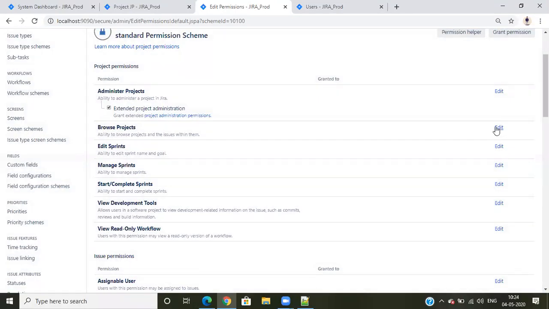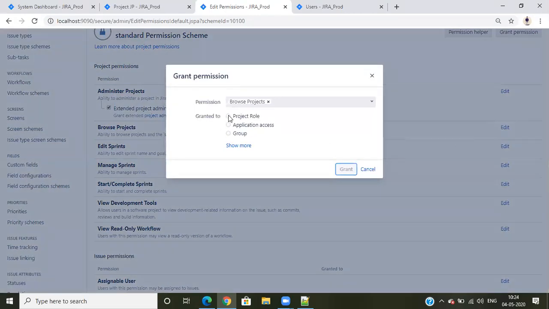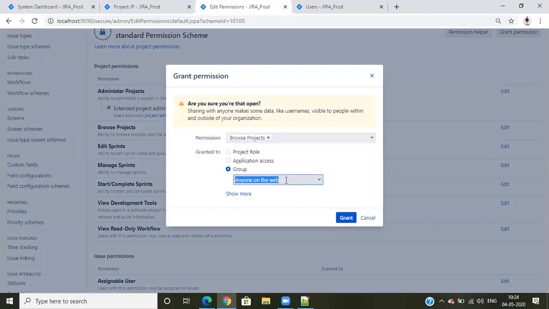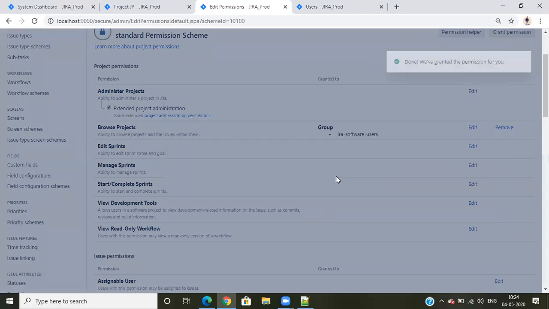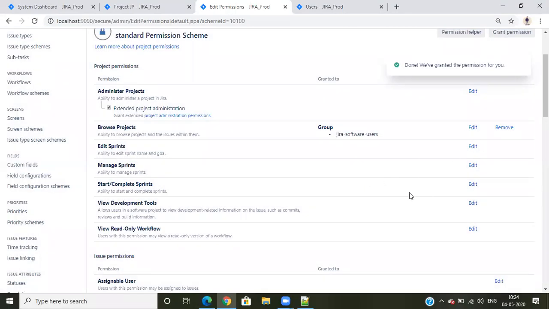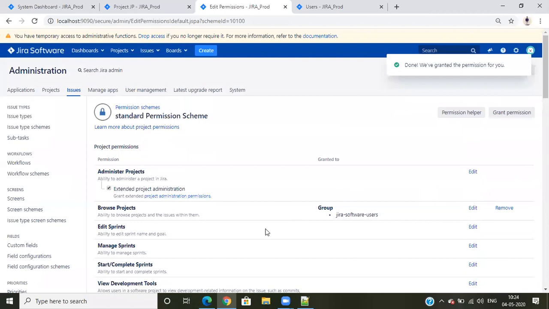In the Browse Projects place, for group, I'll add Jira software, then grant. Okay, this I will associate to all projects.